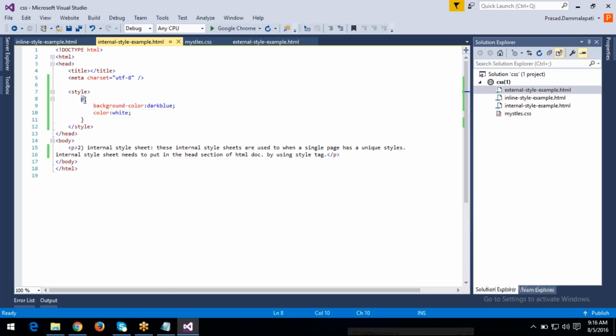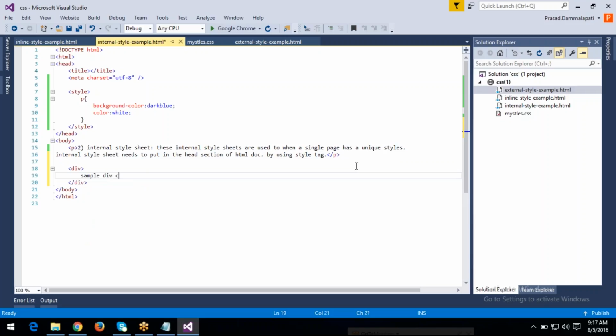We directly used the paragraph name, the element name, to apply the CSS styles to this paragraph. So if we have another element like div,